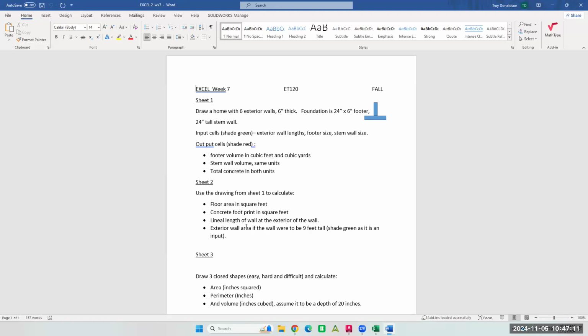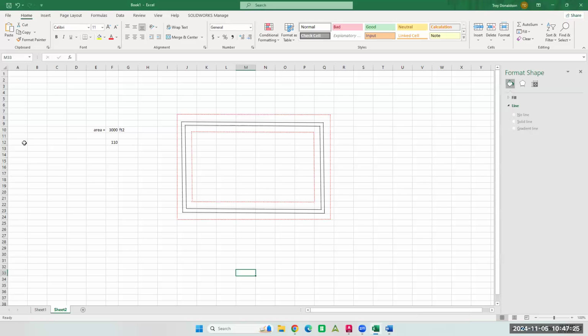Questions? Yes. Is it possible to make a kind of header, like you do in AutoCAD, in Excel, so that we can repeat our information? Headers and footers, there probably is. I've never done it, so I wouldn't be able to teach you. But if I was doing it, right,